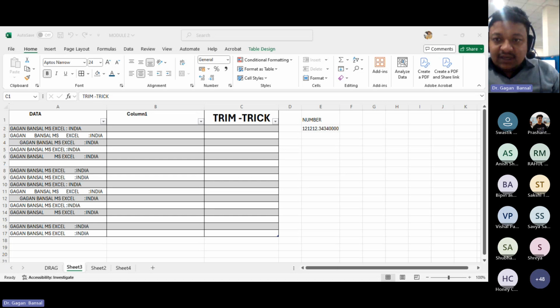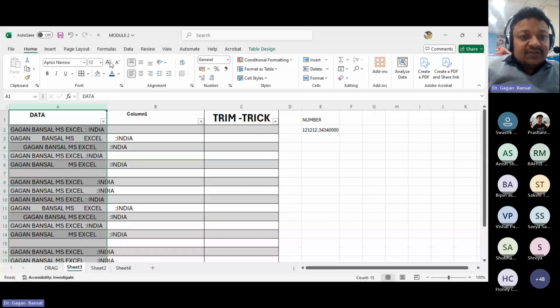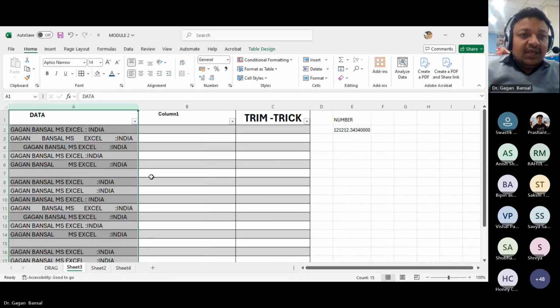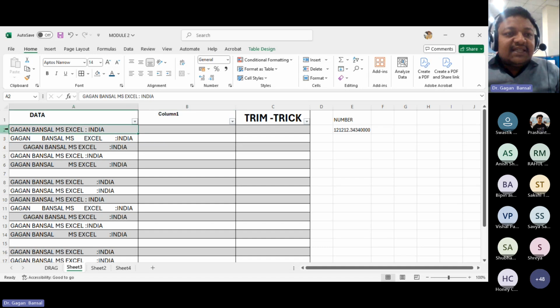Rahul. ओके राहुल, what I was explaining is कि suppose you have any data जिसमें कि अनइवन स्पेसेस आ जाते हैं, जैसा कि आप इसमें पर्टिकुलरली देख पा रहे हैं, ठीक है। मैं इसको थोड़ा सा लार्ज कर देता हूँ। तो आप देख पा रहे हैं कि मेरे पास एक डाटा था जिसमें मैं चाहता था कि, से फॉर एग्जांपल, गगन बंसल MS एक्सेल लिखा है और हर 2 वर्ड्स के बीच में एक ही स्पेस हो। बट आप ऑब्जर्व कर पा रहे हैं कि